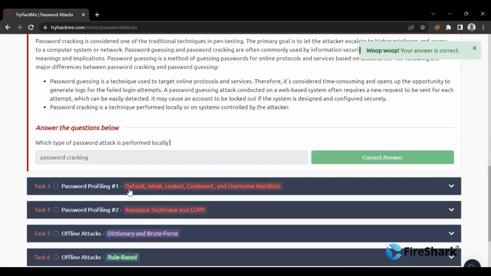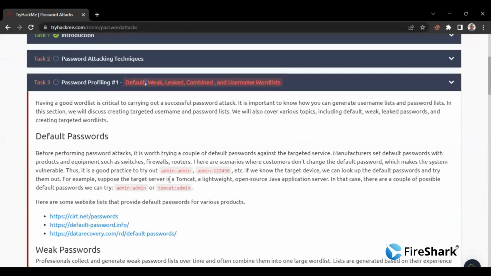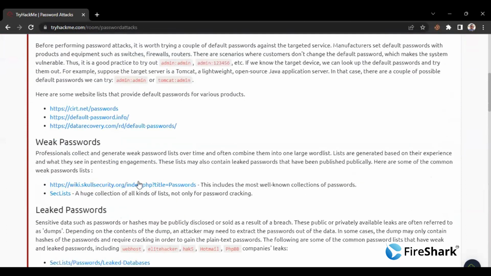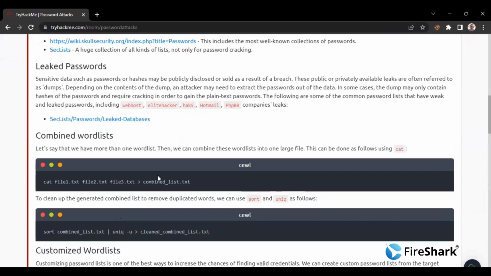password profiling. Okay, so having a good wordlist is critical to carry out a successful password attack. Okay, and the default passwords are like admin, admin, admin. Okay, these are the default passwords, and weak passwords which can be easily guessed. And leaked passwords can be included too, and you can just get the list, okay. And a wordlist is a huge collection of lists, okay. And the combined wordlists are like they can